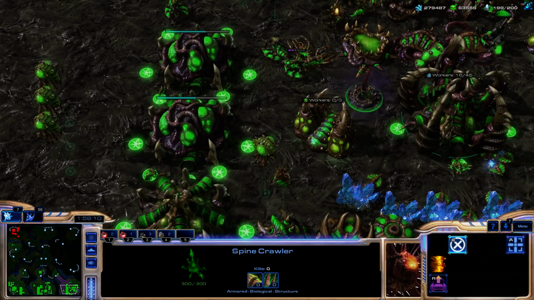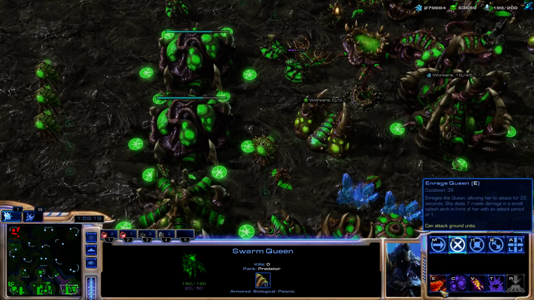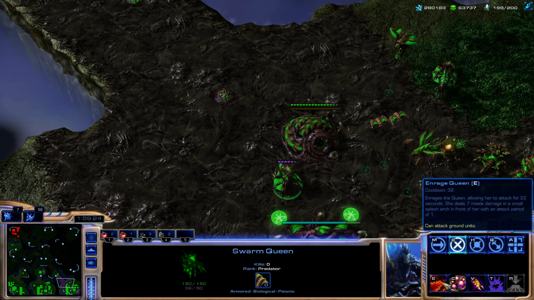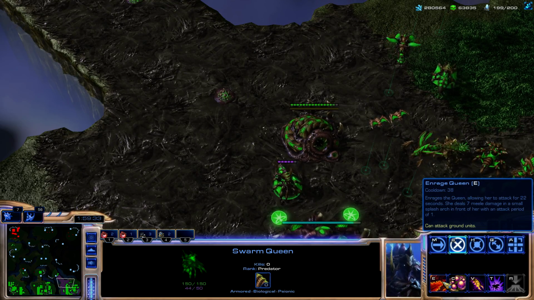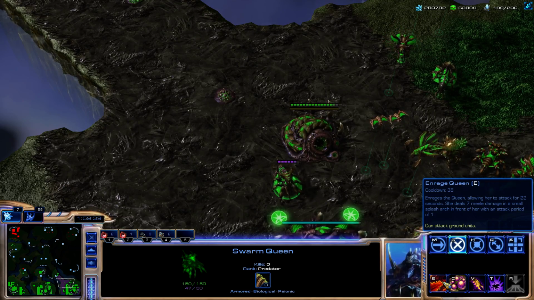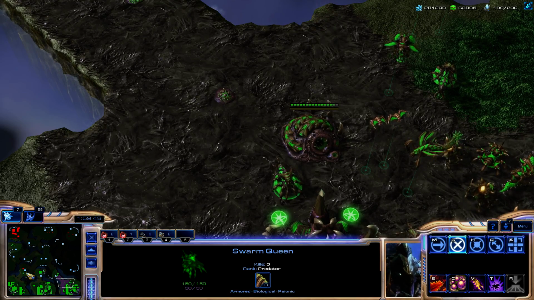Okay. So the last ability of the Queen isn't really a macro mechanic, but more of a temporary defense. This last ability is called Enrage Queen. It's got a cooldown of 38 seconds. It enrages the Queen, allowing her to attack for 22 seconds. She deals 7 melee damage in a small splash arc in front of her, with an attack period of 1, aka attack speed. So I'm gonna get some enemy units